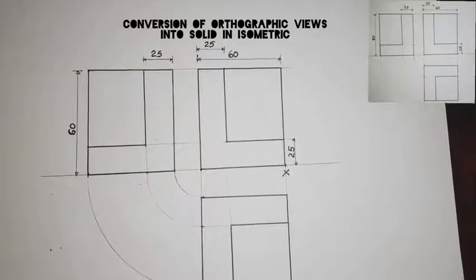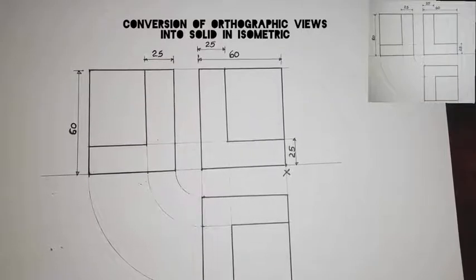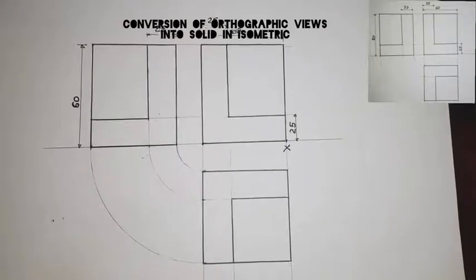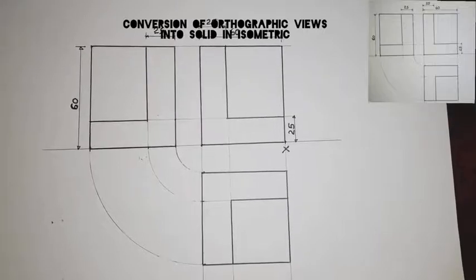Hello, welcome. We are going to look at how to draw a shaped solid figure from the given orthographic views. What we have here are three views in first angle. First angle means we have the plan at the base, the lower part, and then the front elevation just above the plan, and then the end elevation is drawn on the left, meaning that particular solid object